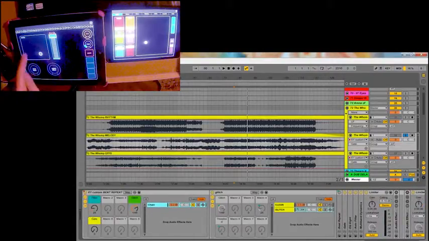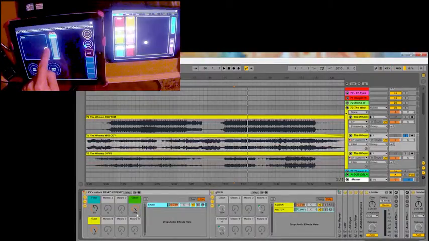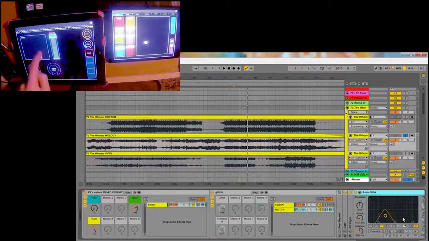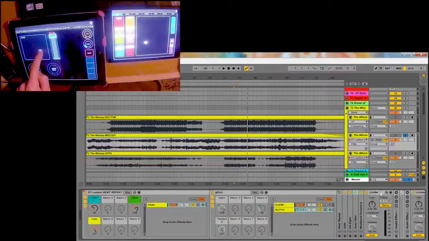Okay, so there's three controls that this thing on the iPad has. It has X, Y, and touch, which I've used like an on-off. So I've got the left-right. I can't remember which one's X and Y. Whatever. Left-right is affecting the glitch amount, which is a beat repeat. So it's going from 16th notes up to 64th notes. And I have the up and down doing a filter, which would be a band pass filter, I guess. Yep, there we go, it's doing a simple band pass,